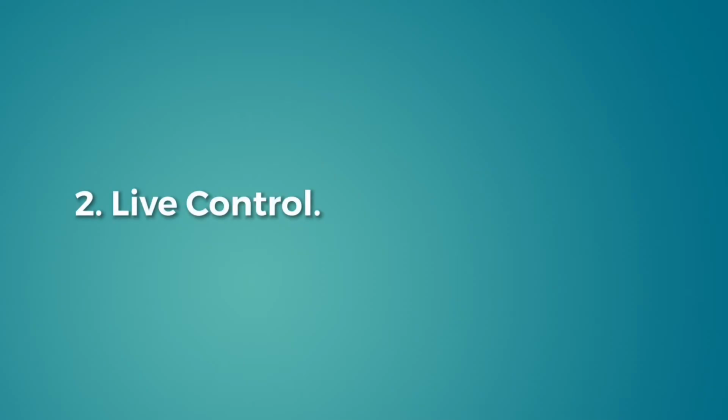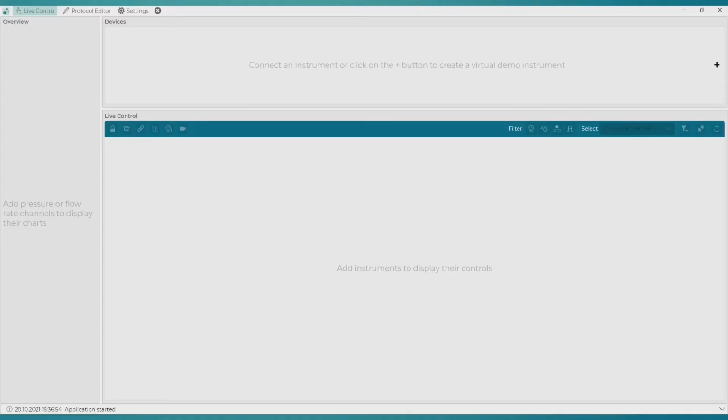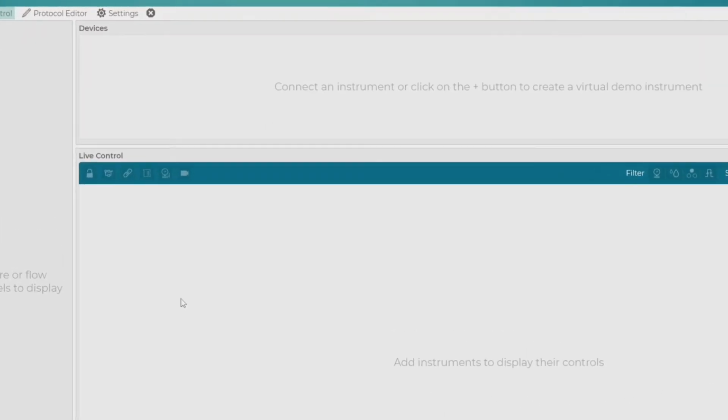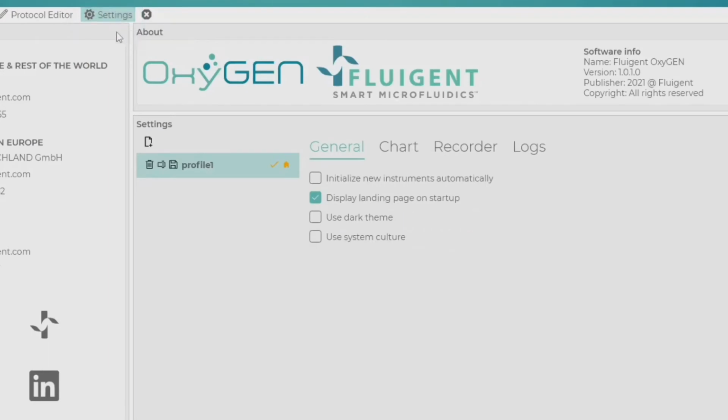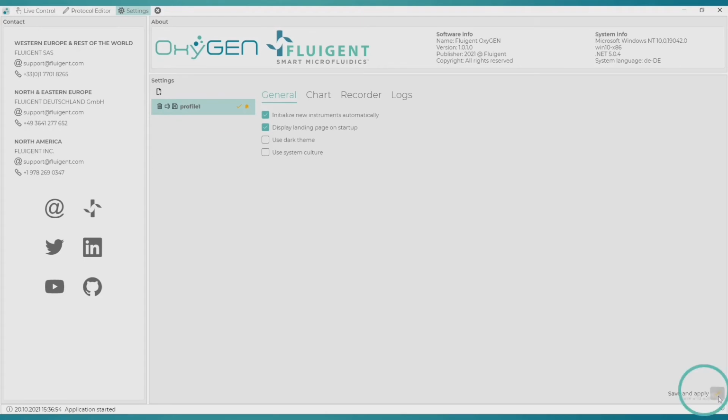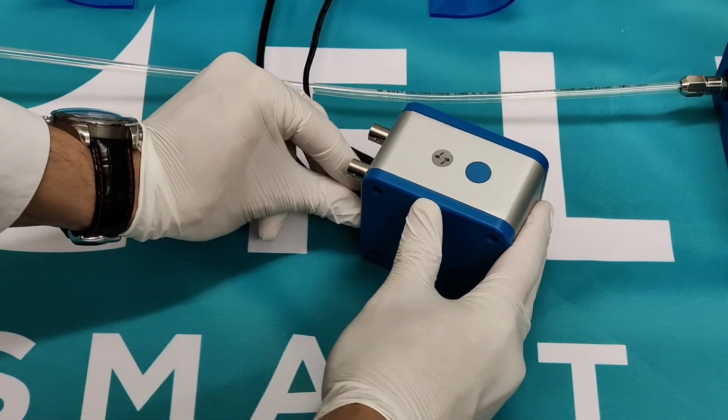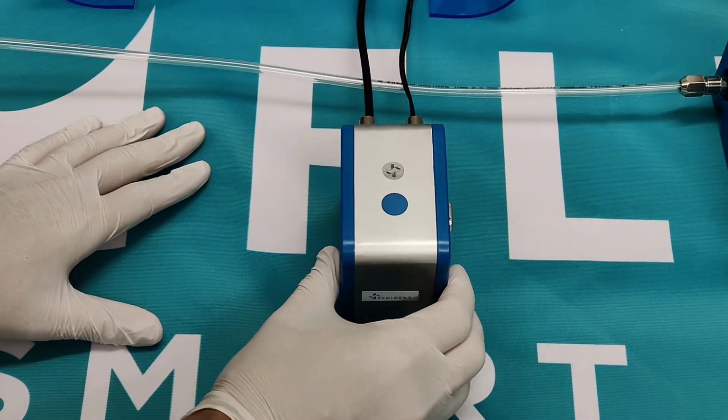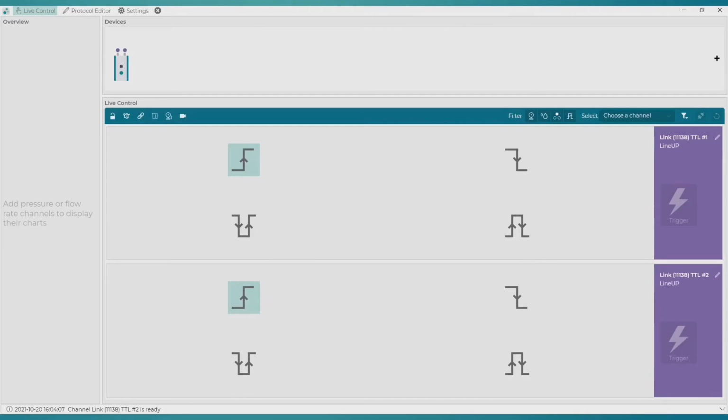Let's now build the system with real devices from scratch and test the control function. To make sure the devices are recognized automatically when connected, and to fully benefit from our hot plug-and-play feature, go to the Settings menu, tick this checkbox, and save the changes below. First, we connect the link module. It has appeared in the Devices section, and we can instantly see the TTL options available in the Live Control